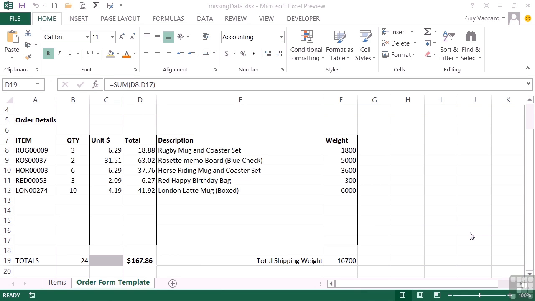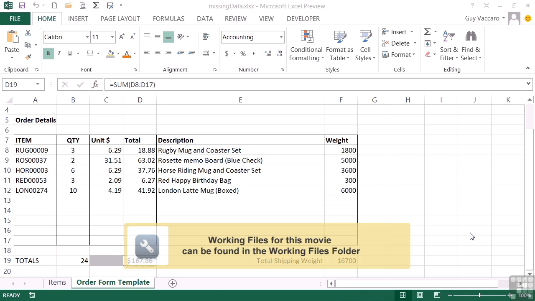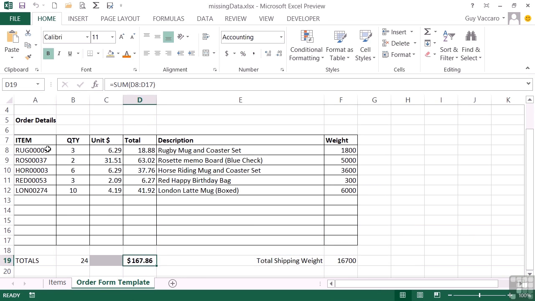We saw earlier how we could use a VLOOKUP to look up the item reference from an items table and then populate our order form. So we entered our item ID here and we had a lookup formula to work out the unit cost, multiplication for the total, and then a lookup to bring in the description and to bring in the weight. Everything worked fine. However, what we didn't cover at that time was what would happen if we tried to look